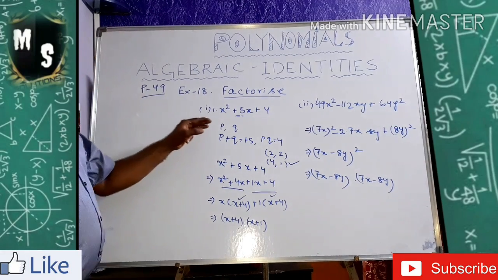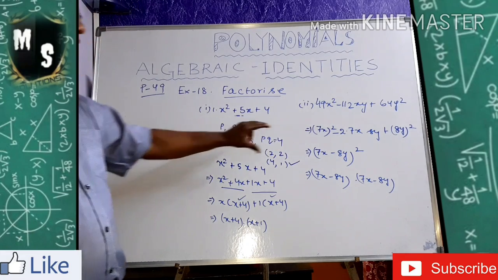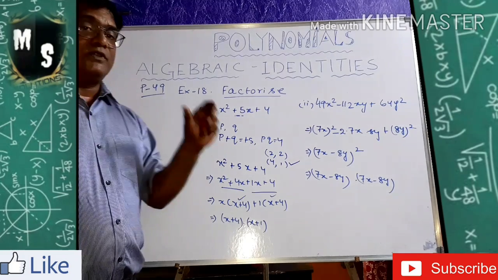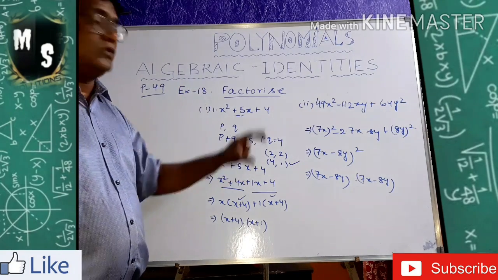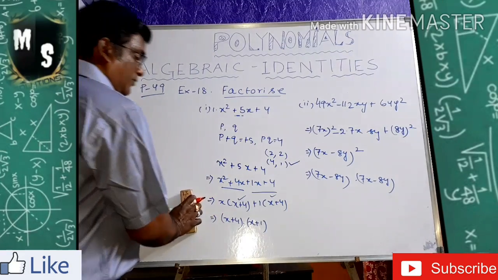So like this, these formulas you have to apply, where the middle term splitting is available, where a minus b whole square is available, where a plus b whole square is available, where a plus b plus c whole square is available. That you have to know, and you have to adapt the formula to factorize the sum. Clear? Another sum I am doing for you today.